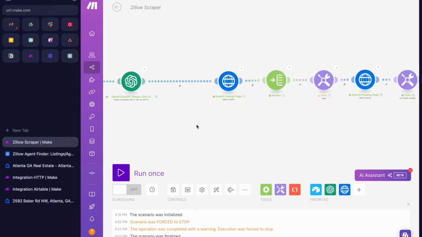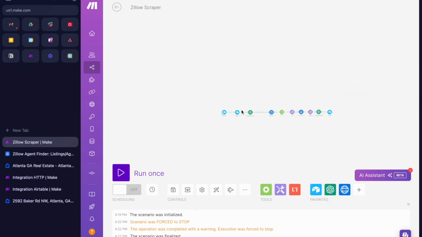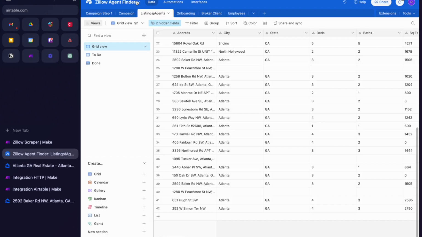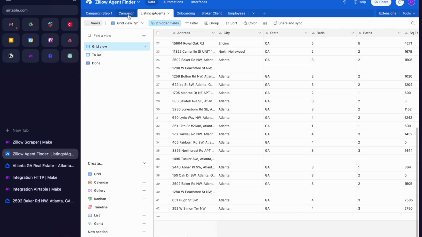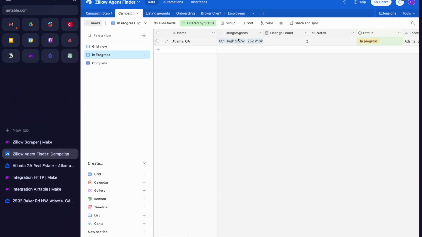agent's name. Okay, so the first thing we're going to need to do is set up our Airtable. So like I said, we've set up two different, ignore the rest of these for the time being, but I've set up two different tables, and we have the campaign table and we have the listing and agents table. So the campaign table has a few pieces of information, and the reason I have the campaign is because if I want to scrape a number of different areas or different filters off of Zillow, then I can add that all in here, and then we can use Make to target all those different